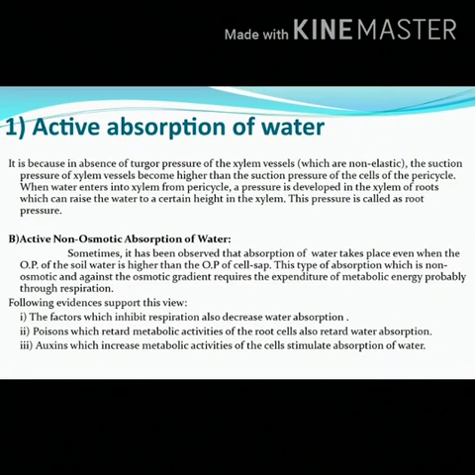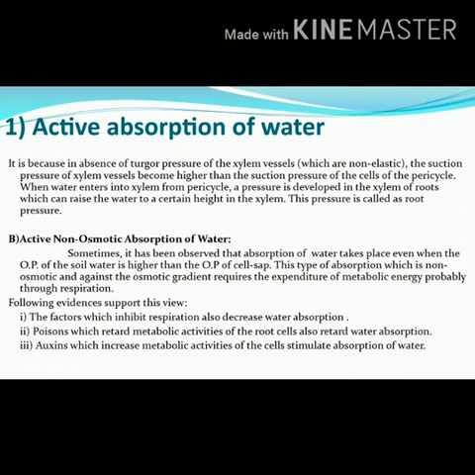Now, let's see what is active non-osmotic absorption of water. Sometimes it has been observed that absorption of water takes place even when osmotic pressure of soil water is higher than osmotic pressure of cell sap. This type of absorption, which is non-osmotic and against the osmotic gradient, requires the expenditure of metabolic energy, that is